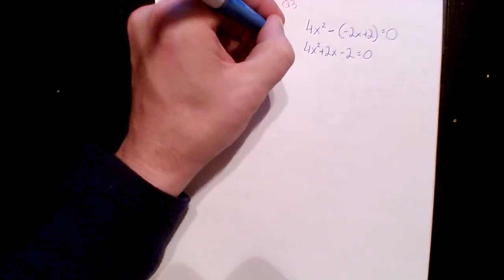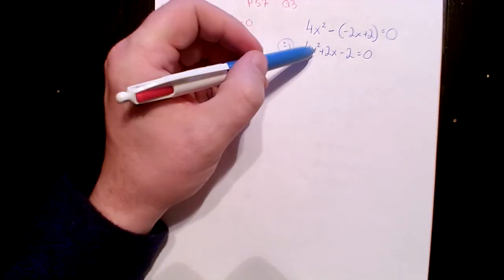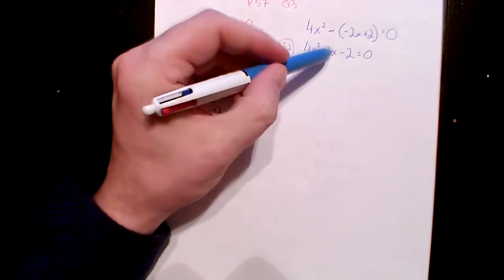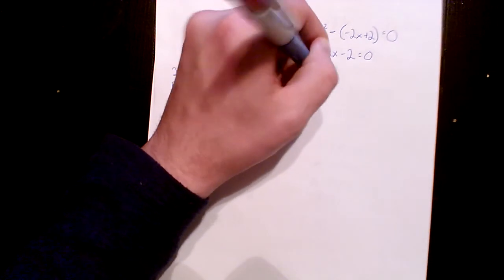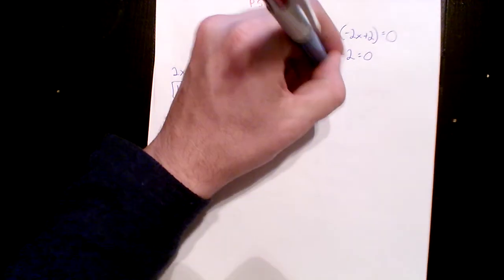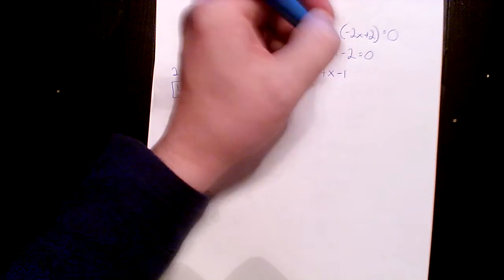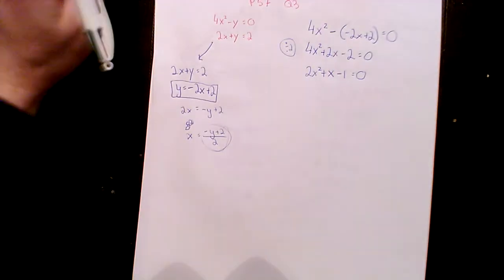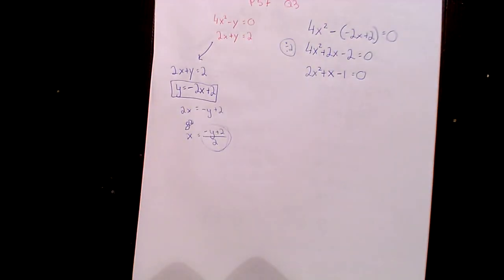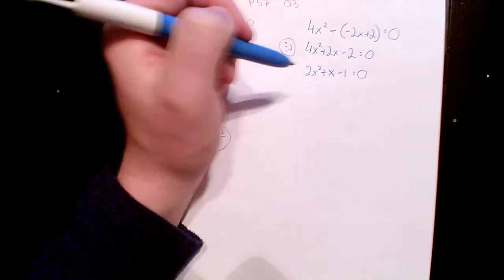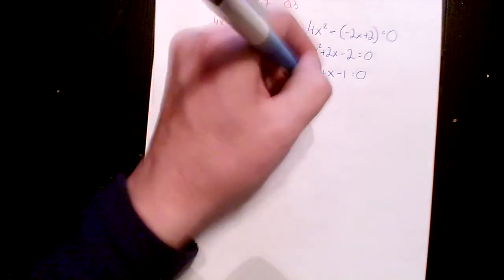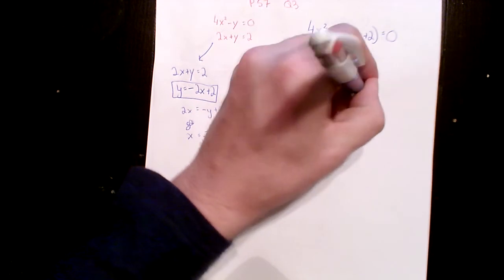Okay, right, I'm going to divide across by 2, just to simplify up this quadratic, because I can see 2 goes into this, and of course this. So 2 goes into 4x squared, 2x squared times, 2 goes into 2x, x times, and 2 goes into minus 2, minus 1 times. Okay. Now you can do your guide number if you want, or you can use your minus b formula to factorize out this. Okay, but again, just because I'm used to seeing these, I can kind of do it in my head,